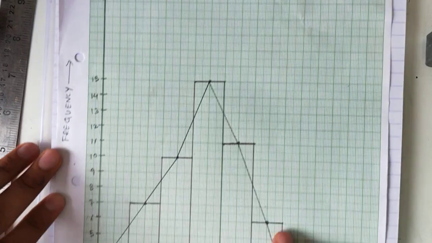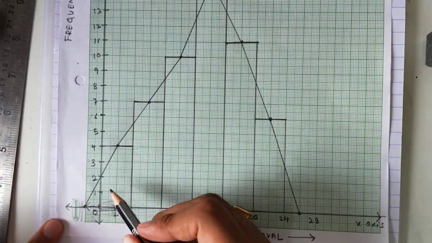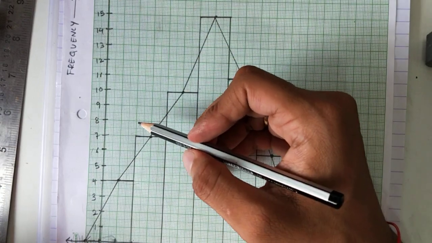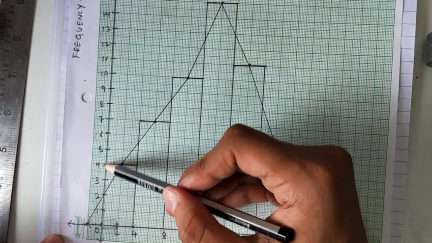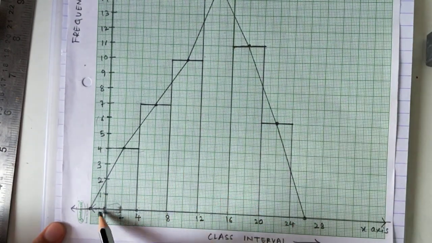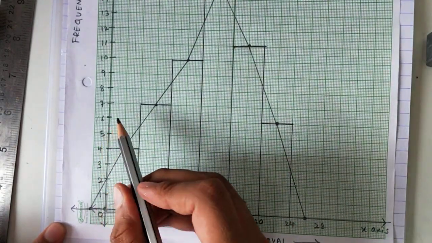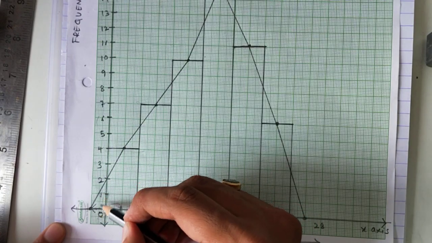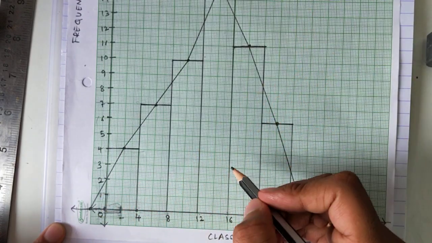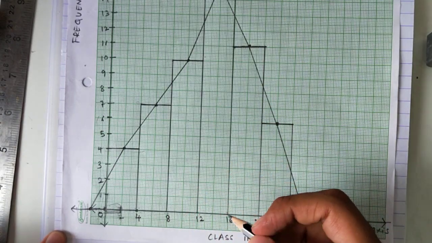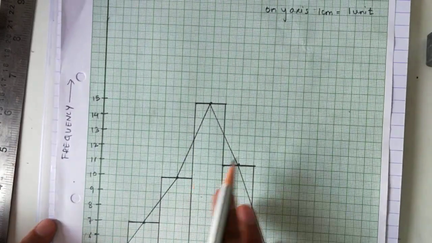Okay, see, why is this important? For example, if the frequency values given to you go up to 100, you cannot draw 1, 2, 3, 4 till 100. The graph paper is small. So at that time we will take 0, 5, 10, 15, 20 directly. That means 1 centimeter you will take as 5 units. At that time you will mention on the y-axis that 1 centimeter is 5 units. Okay, I will explain when the sum comes. So copy this scale.